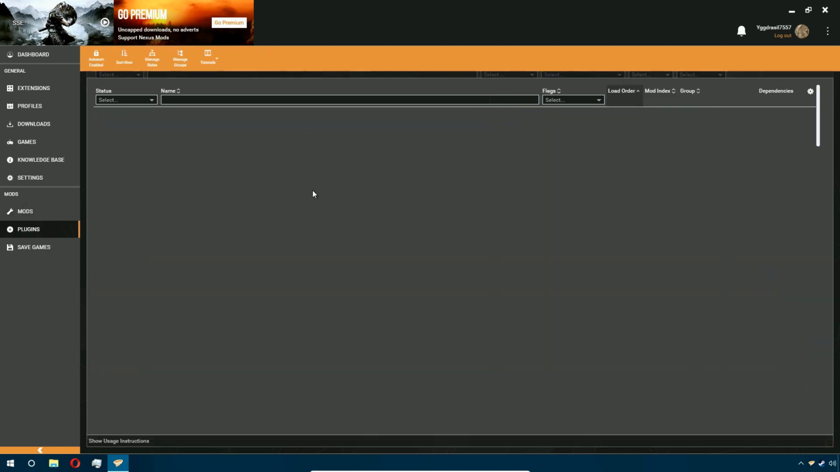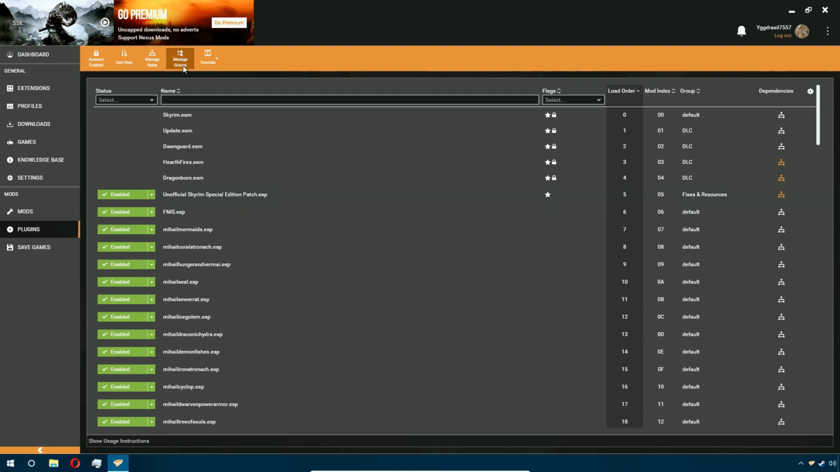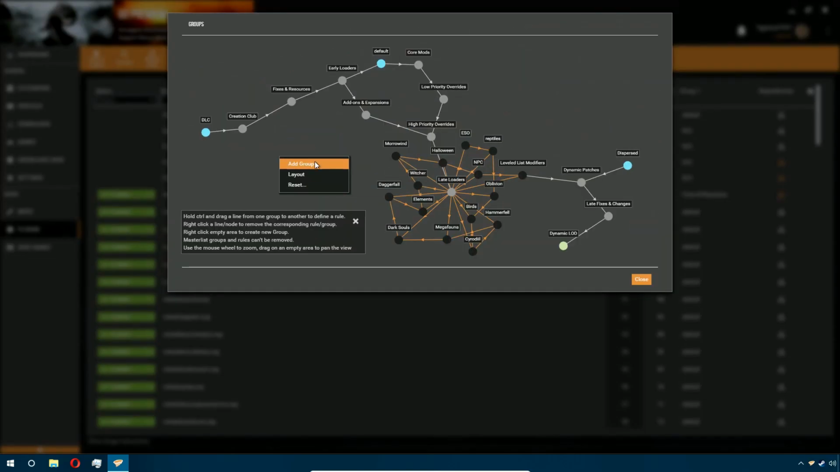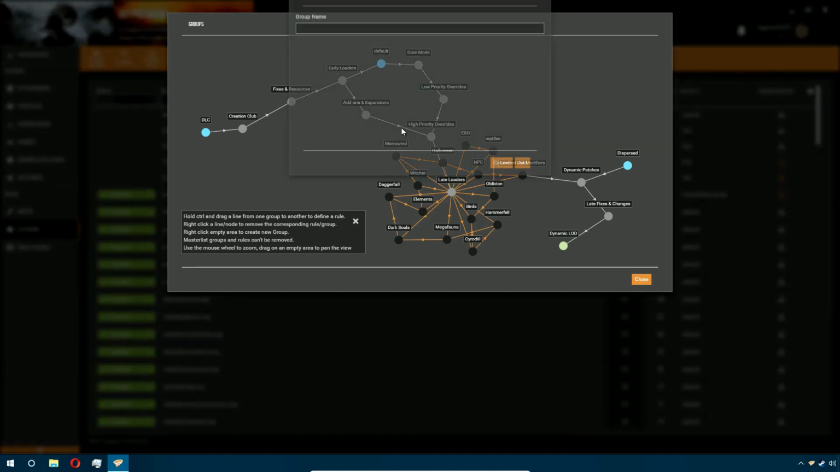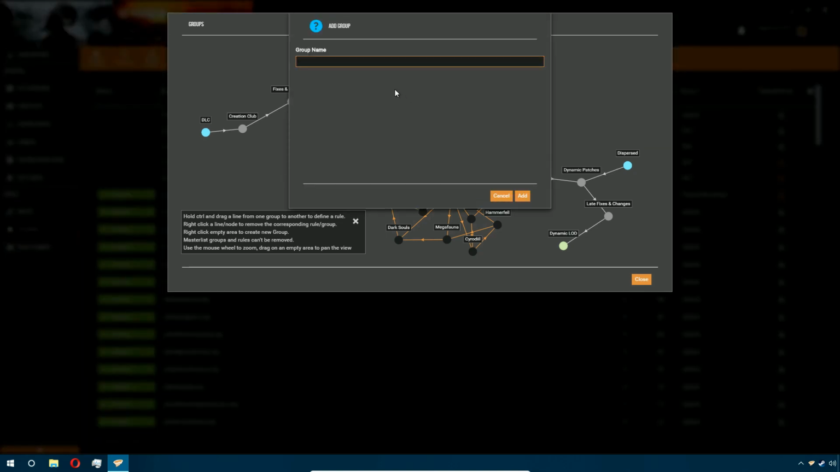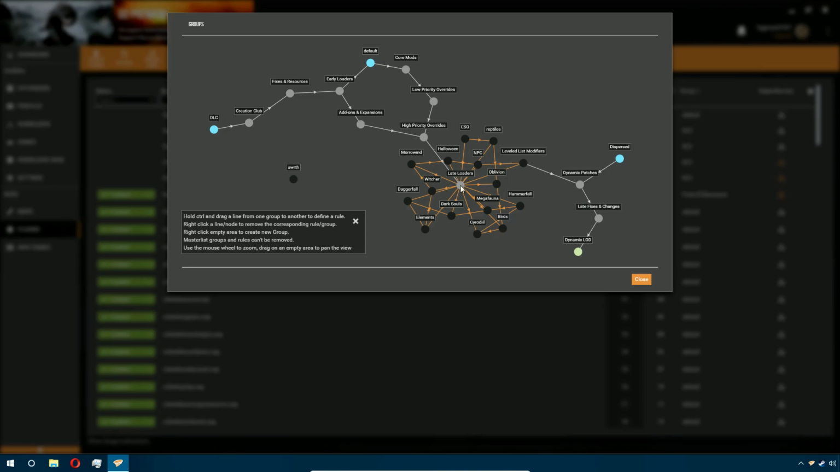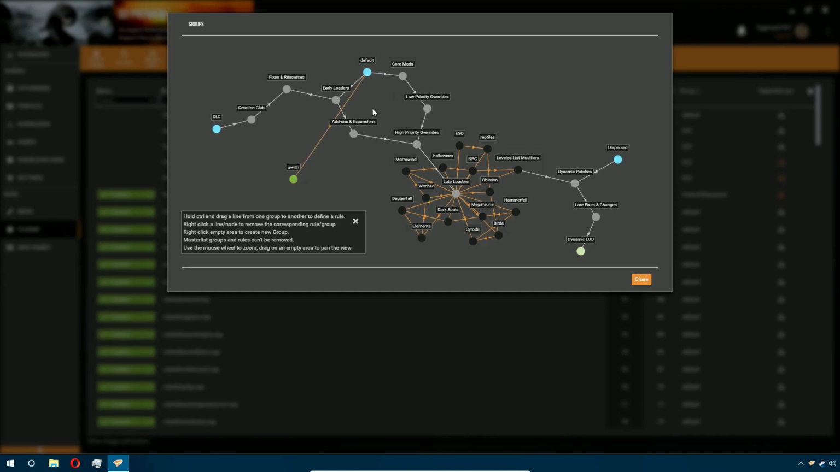Once I have done that, I went into plugins and set up a few groups. Groups can be created by right-clicking, clicking add group, changing the name to whatever, and then once you do that, you will need to give it a place to go. You can do that by holding Control and clicking in the center of a group that already exists, dragging it to that, and then in order to make it so that it doesn't just load any time after that group,